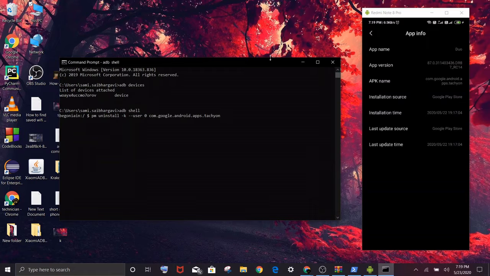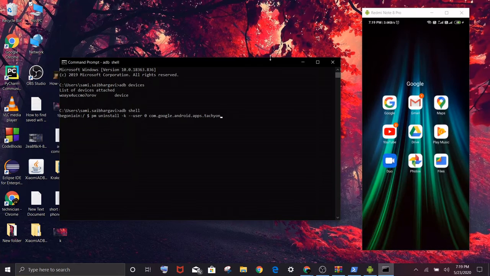So I have entered the command. Before hitting enter, go here, then hit enter. See, there will be a success message, and then the app has also disappeared from your mobile. By this you can delete apps from your mobile, inbuilt or any other. Then if you have installed a new package on your mobile and you didn't like the updates of the feature, then you can get the previous version of your operating system of your mobile, meaning Android, back.